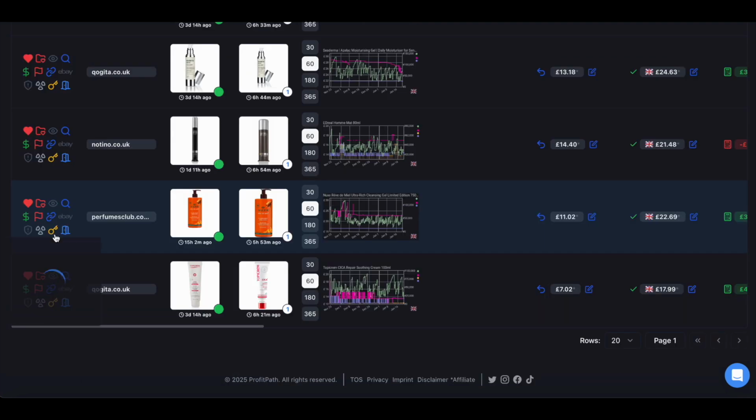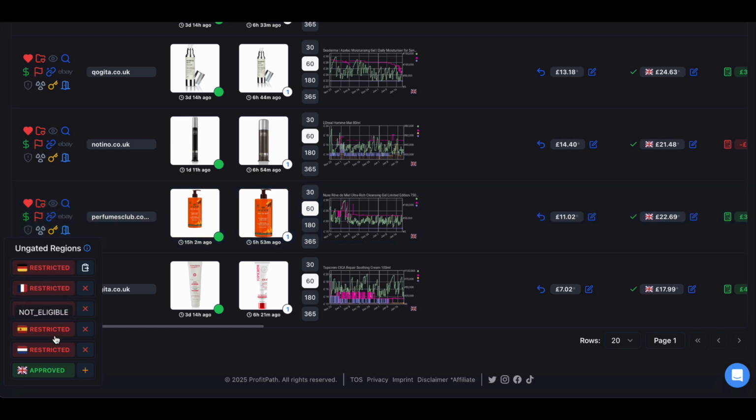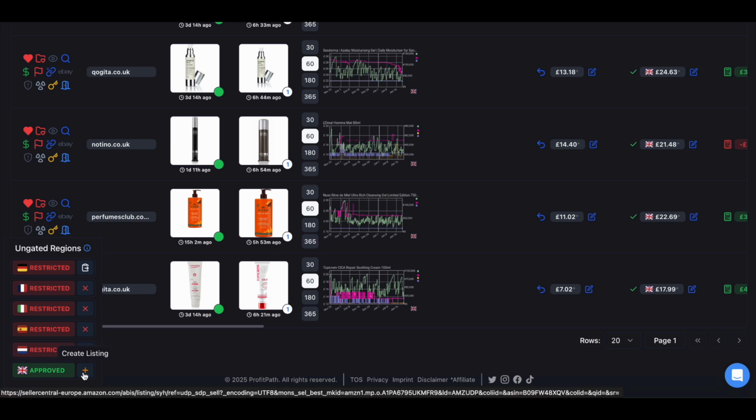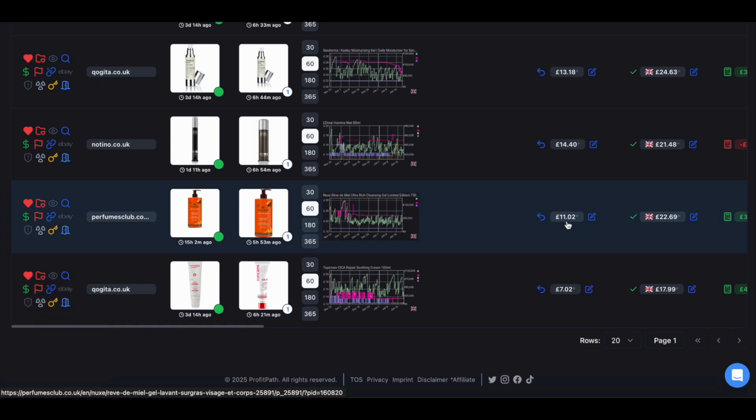We can click check restrictions to ensure that we are approved or not approved to sell this product within our marketplace, and we can create a listing straight away from Profit Path. We can also request approval if we wanted to sell this ASIN in another marketplace. We can click on this button here, which will take us to